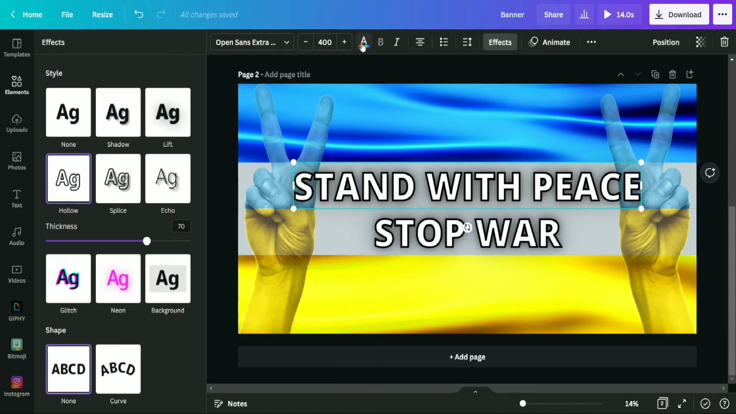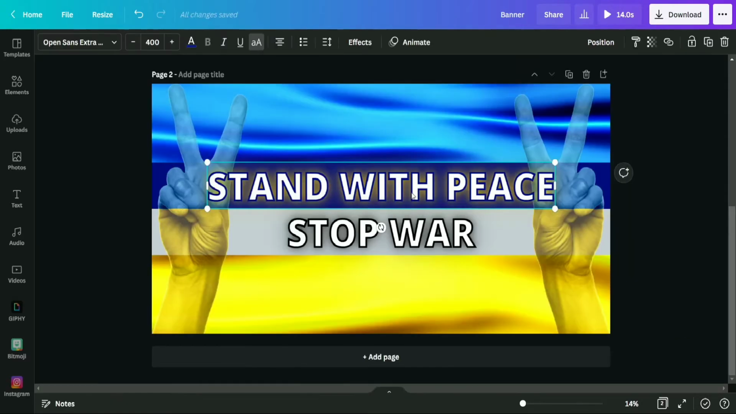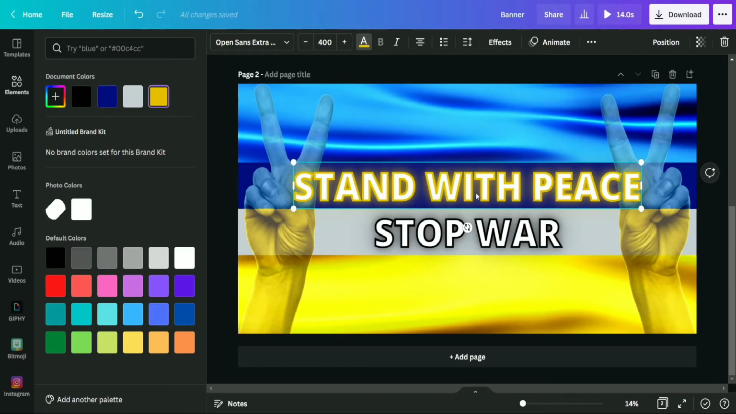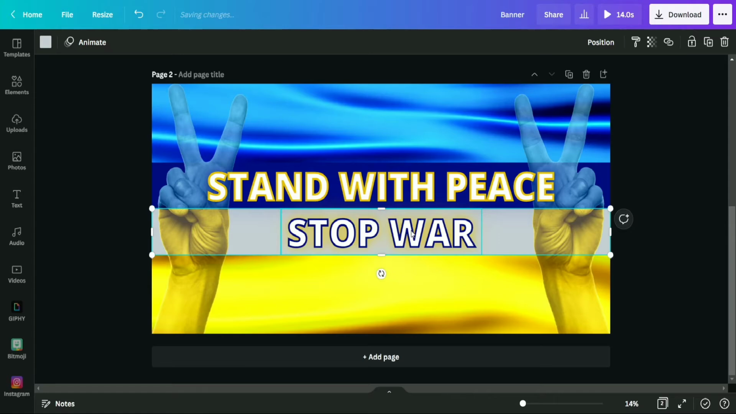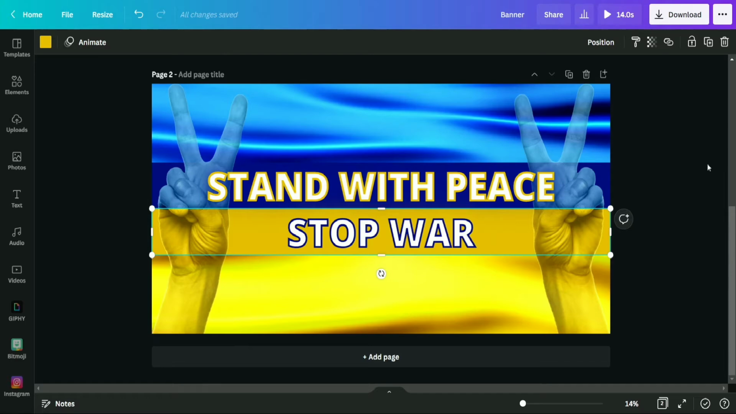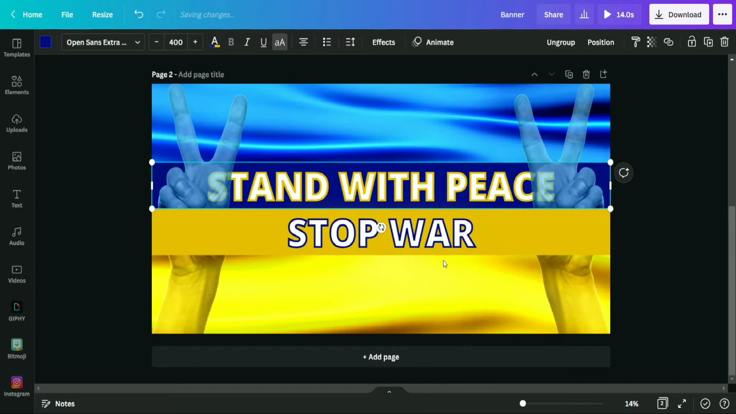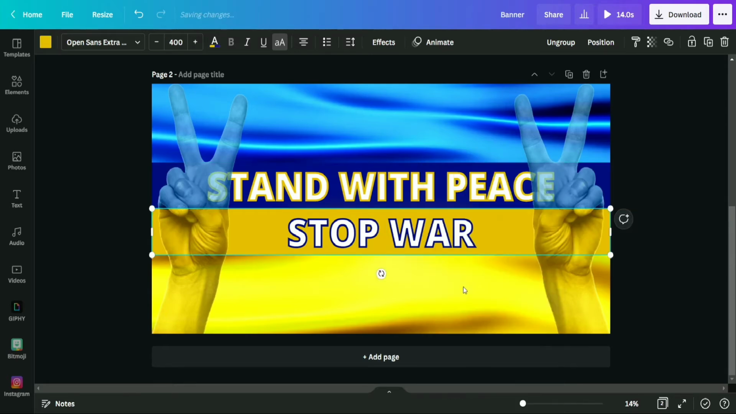Okay guys, so it's done. Now we are going to change the color of the element which we used behind the stand with peace text to blue and the text color to yellow. And after doing this, we are going to change the lower element color to yellow which we used behind the stop war text, and going to maintain the stop war text as it is. Now putting both these into the back side,